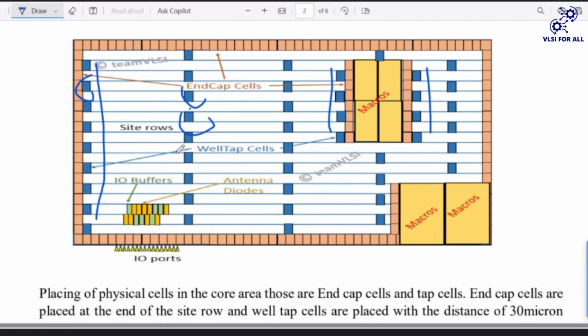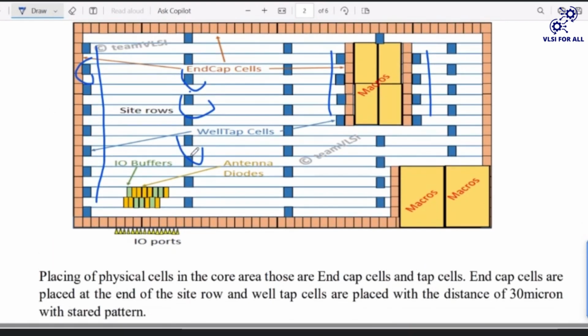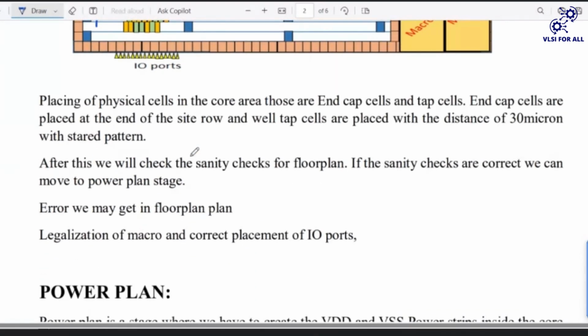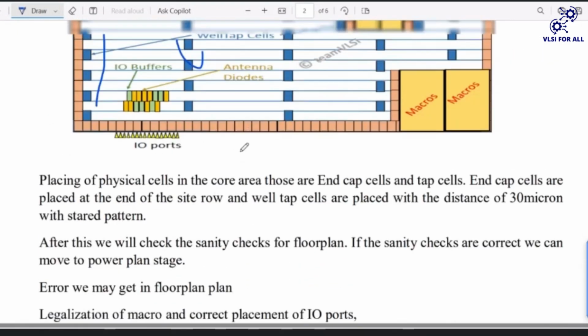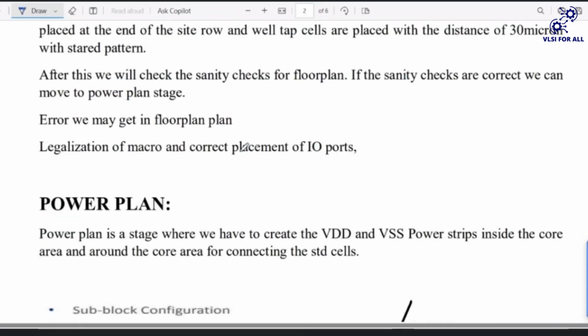Tap cells are placed to connect the body connections. After placing the tap cells and end cap cells, we will check the legalization and the correct placement of the IO ports. If these are all correct, we can move to the